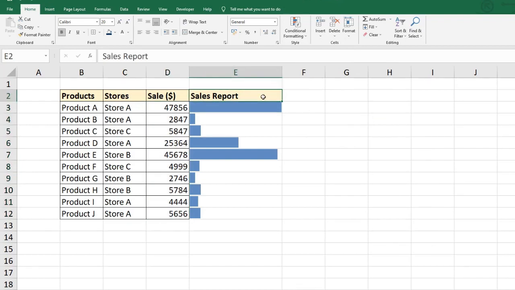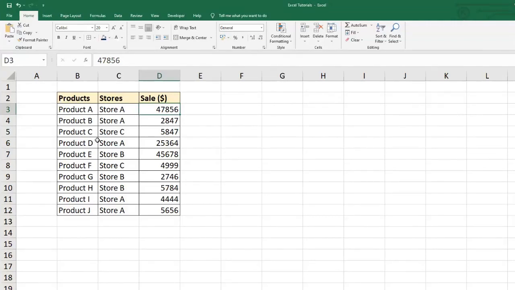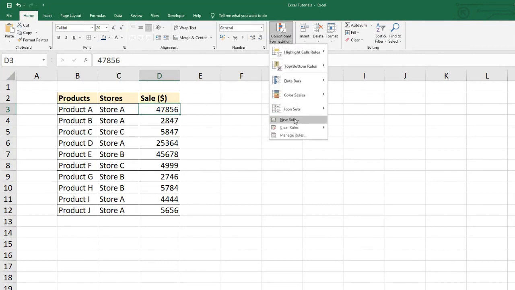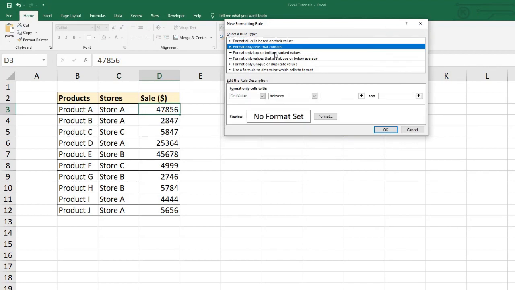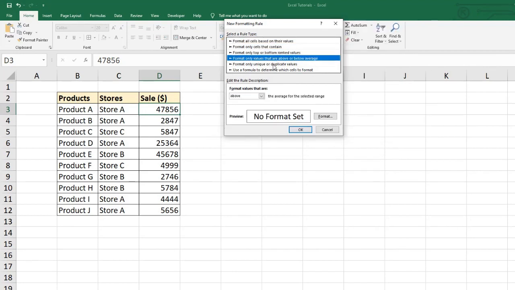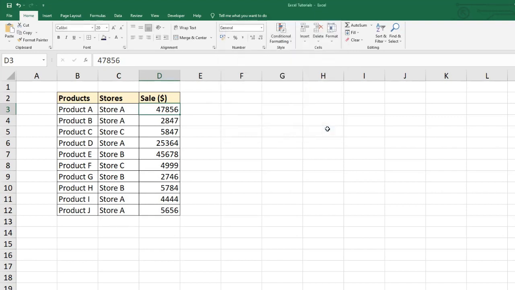All right. If you need more control on conditional formatting, then you can go for New Rule. This dialog box will appear. This box has multiple options. You can select your rule type from here. Let's choose this option, use a formula to determine which cells to format. Now, like I said before, conditional formatting will apply when your formula will return true. So let me close this first and let's do it with an example.